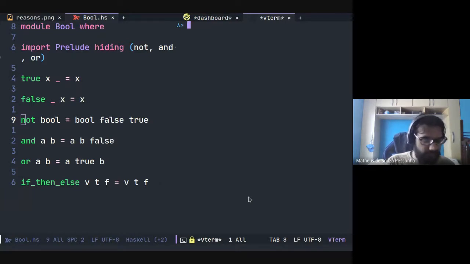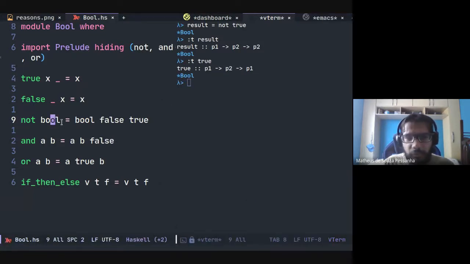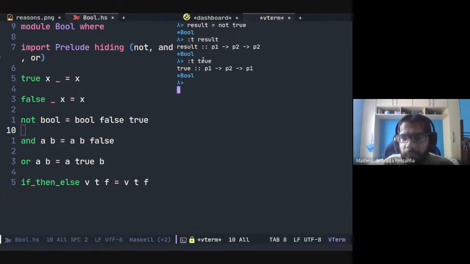So let's try to create a variable result. So not true result. True. Wow. Bool false true. Oh yes. So the result function will act like the false.